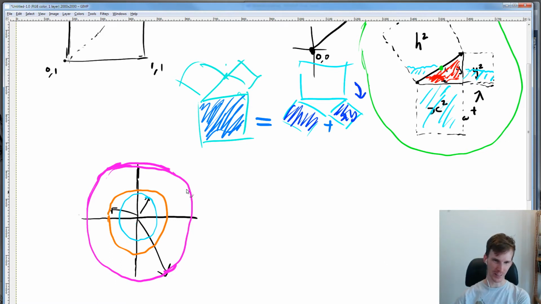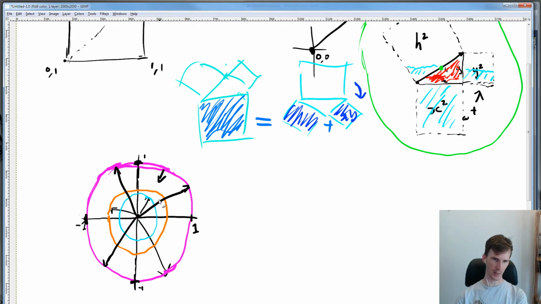So what we can say is a circle is basically all of the vectors of a particular length. I'm going to define this circle as being of radius 1.